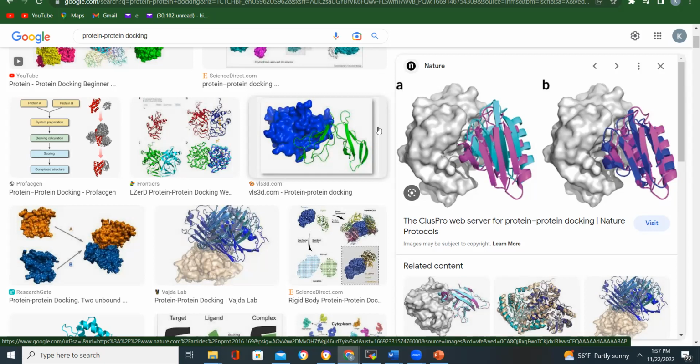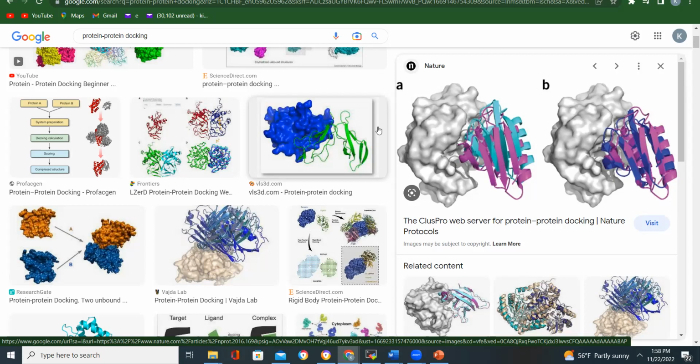This is different from protein-ligand docking. This is protein-protein docking. Probably in your study, you are looking at interactions between a protein and another protein. For example, maybe you are looking at the interaction between the spike protein from SARS-CoV-2 and the ACE2 enzyme from the host. So you can use this software to do your molecular docking of protein-protein interaction. As you may know, the popular Chimera can only do protein-ligand interaction, not protein-protein interaction. So in this video, I'm going to show you how to do protein-protein docking to study protein-protein interaction